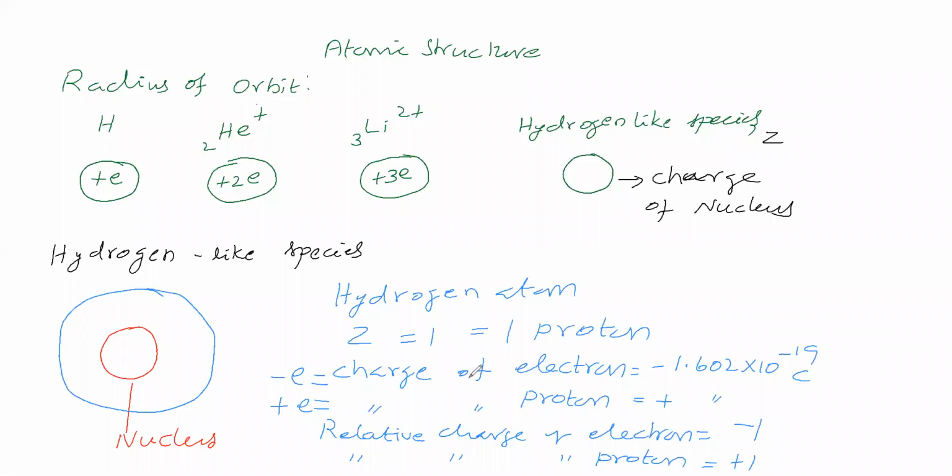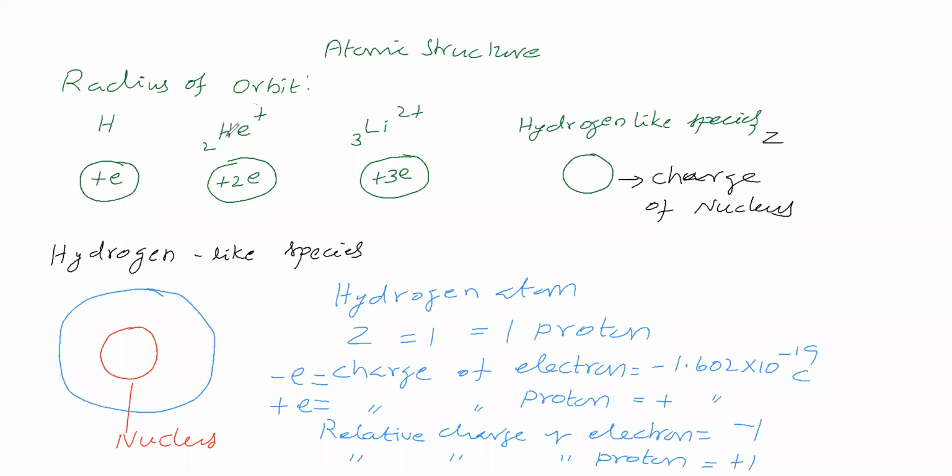So that is why we say that if the charge of an electron is minus E, then the charge of a proton will be plus E. The hydrogen atom's atomic number is 1, so this nucleus contains 1 proton, and 1 proton means its charge is plus E. In the place of E, for relative charge you substitute 1, and for actual charge you substitute 1.60 × 10^-19 coulomb. So for the hydrogen nucleus, which contains 1 proton, the charge is plus E.